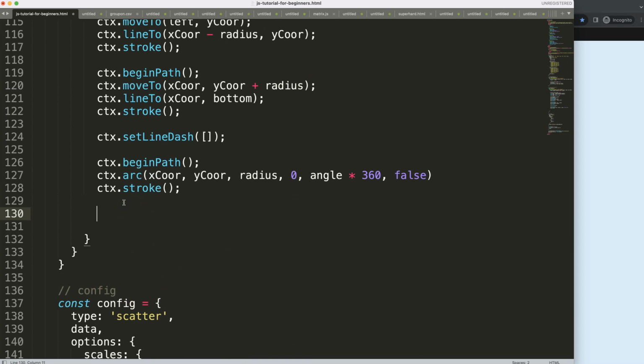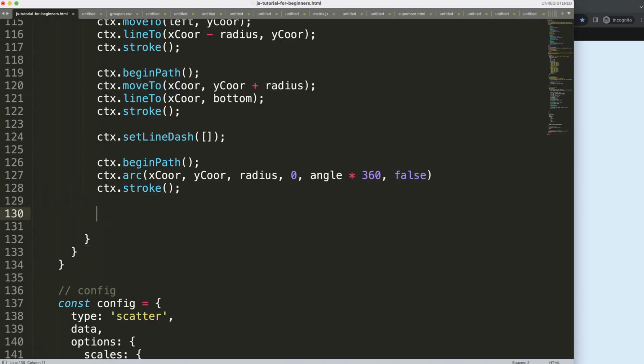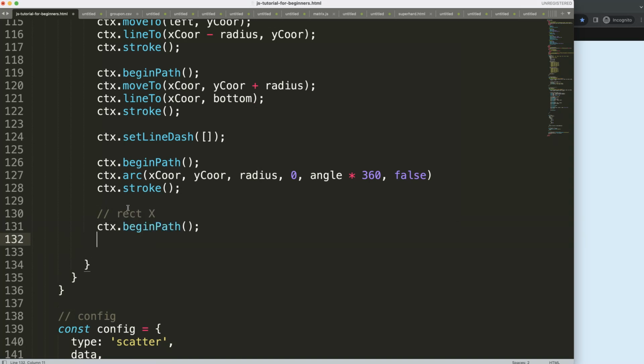So what we want to do here is create a cloud value, and the cloud value will be indicating what the y value is here and what the x value is here down. So the first step would be to create what we call the rectangle x, I guess, for the bottom. So to do this, first of all, I need to say ctx.beginPath to create a new shape. What I want to give it for color,